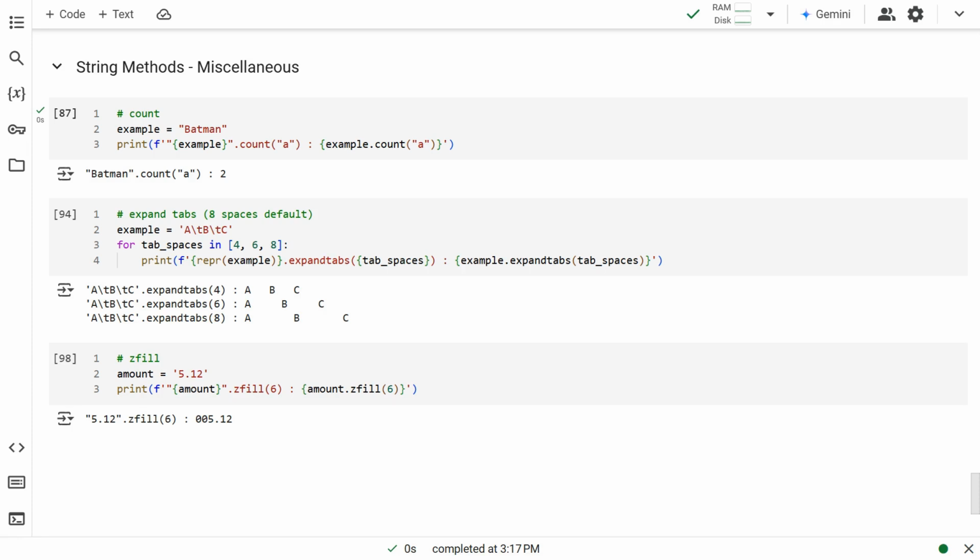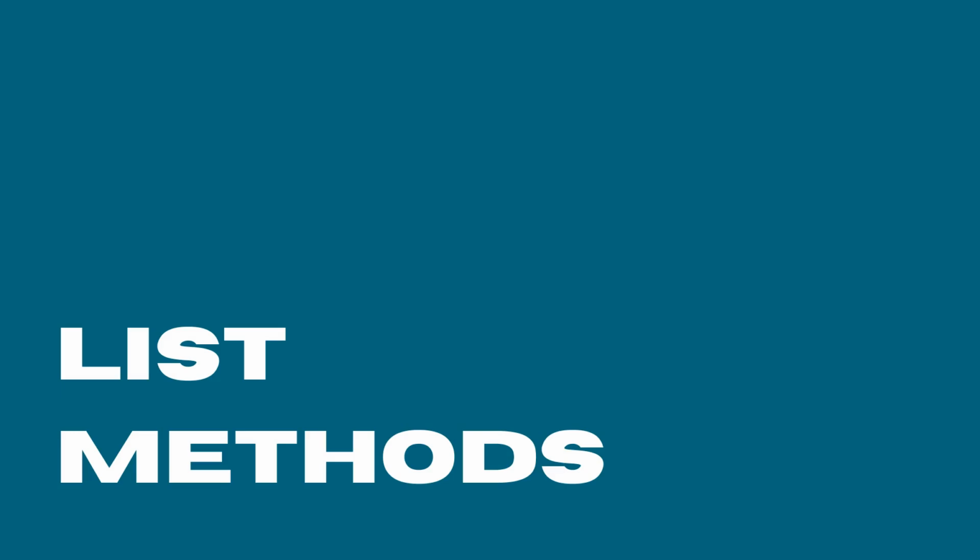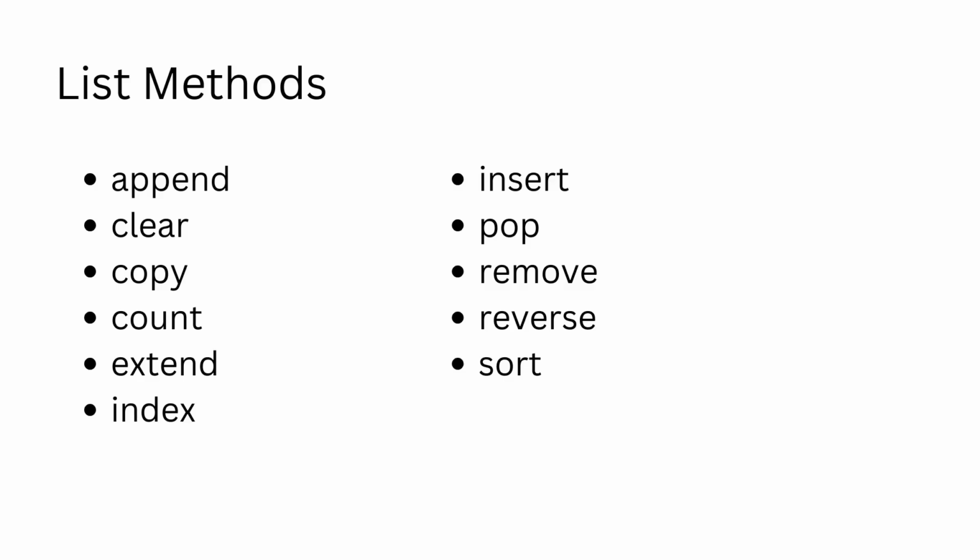Next up, we'll look at the methods of Python lists. Python lists are versatile, flexible, and can contain elements of any data type. They are mutable and can be of any length. They support item assignment, addition, update, and delete. Let us look at the methods they offer. These are the methods available with Python lists. Though not as numerous as the methods in strings, these are more than enough when dealing with lists.